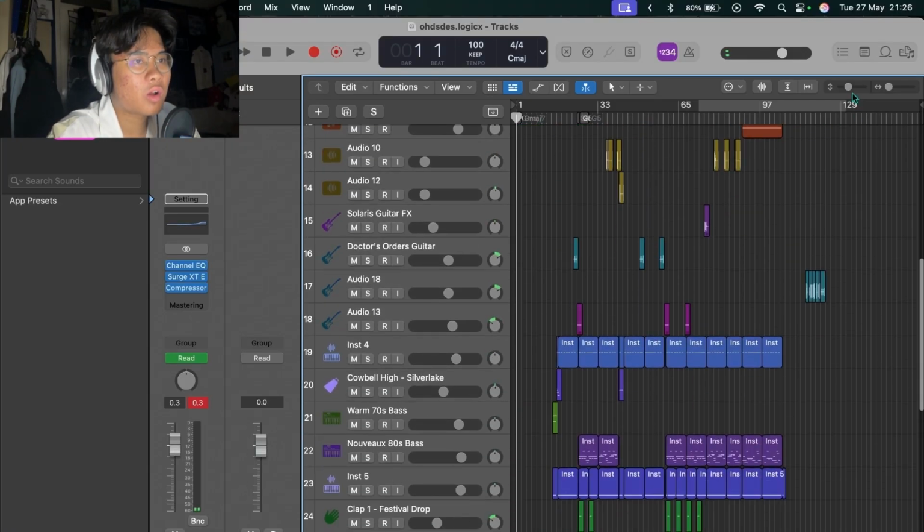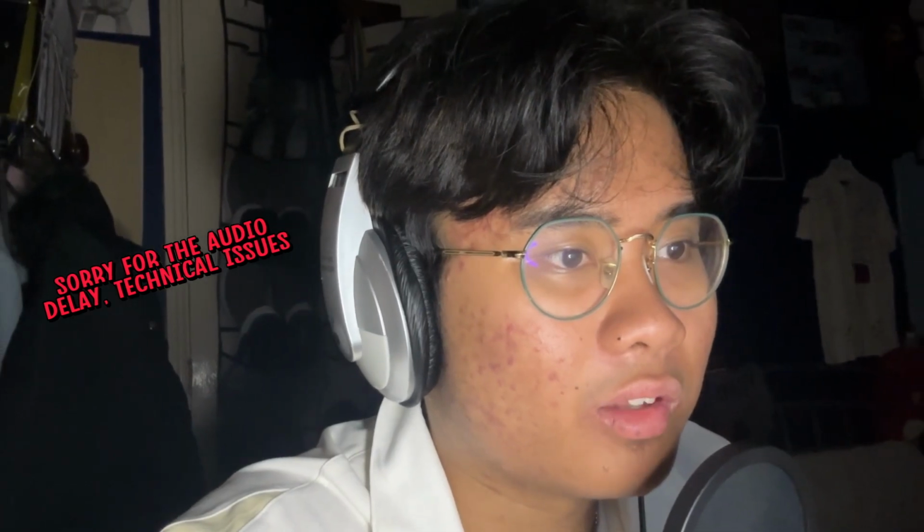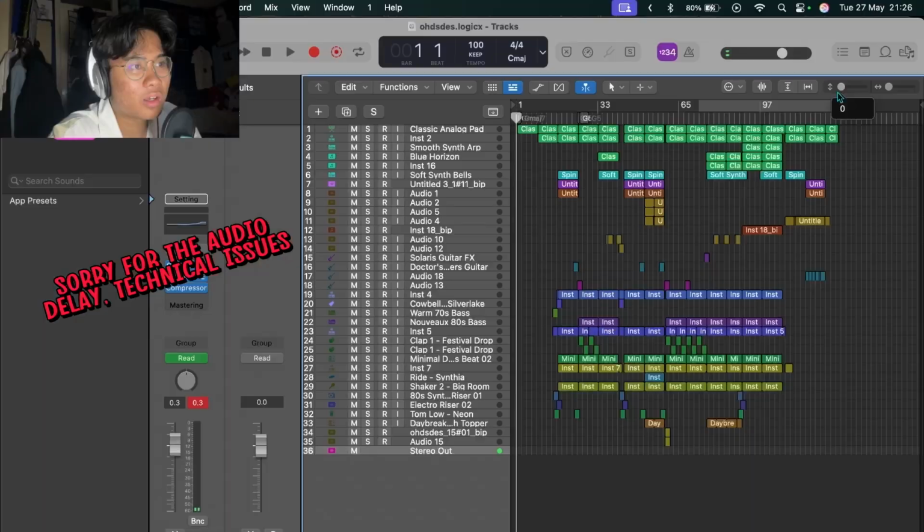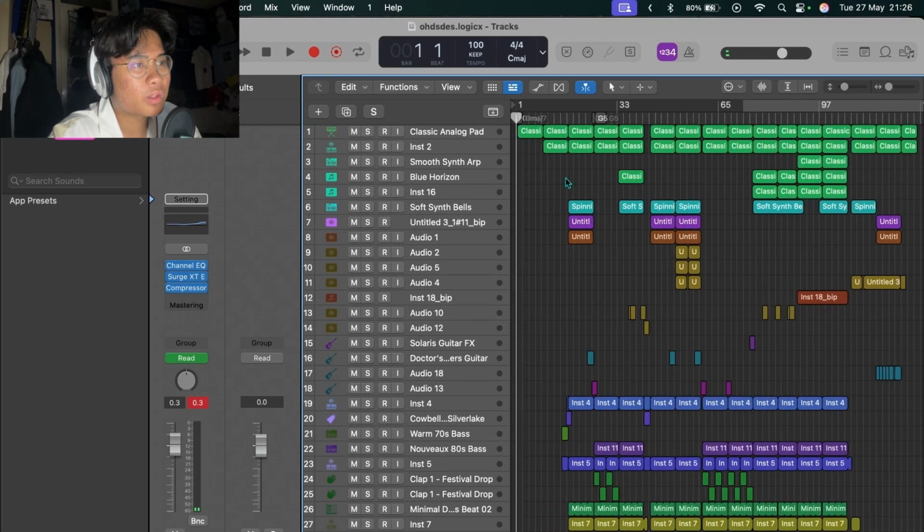Alright guys, so this is the entire structure of the beat. I've literally spent like at least 3 hours on this thing. So it starts off with the intro, and it starts off with the chorus. I would say more like the instrumental, because usually a lot of 80s beats would start off with the instrumental,